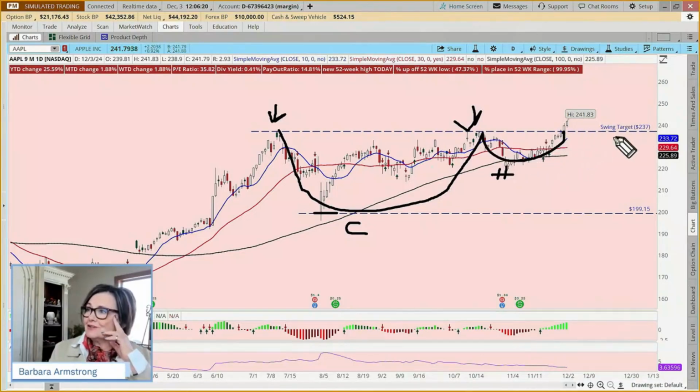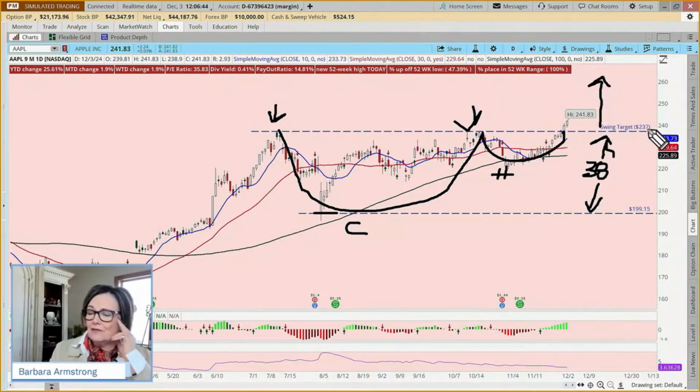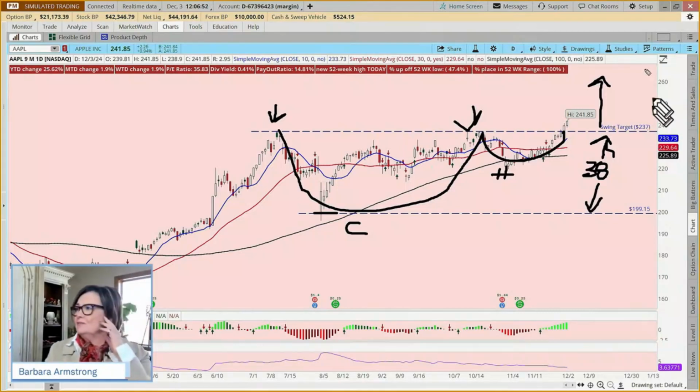So it looks like that trade worked out okay, but we no longer need that on our chart. But the way a technician might measure it is to say, okay, we have gone from 199 to 237. So we've gone up about $38 a share here. So the expectation is that this might go up another $38 a share. So if I take my 237 and add 38, that would be 275 might be a target.